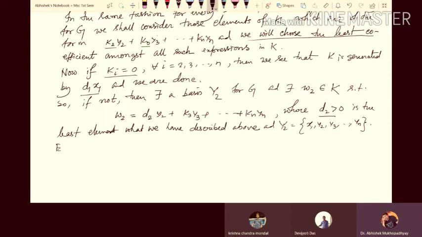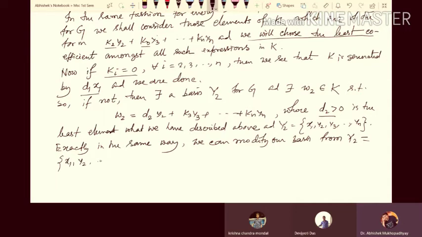So exactly in the same fashion, exactly in the same way, we can modify our basis. We can modify our basis from y2 equal to x1 y2 yn to a basis